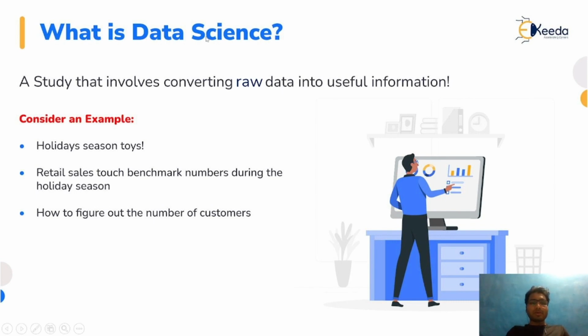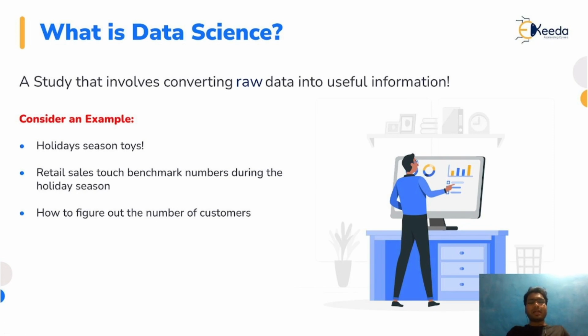Okay. Whenever you say science, a science is basically to understand the functioning of a particular thing. How exactly a thing is functioning, what is going on behind the scenes. Let's just take the example of a machine, or let's say a laptop. We are just using the laptop, but inside the laptop a couple of operations are being performed. If you understand that functioning, that is called science. Similarly, when we say data science, it's all about understanding the data, understanding the behavior of the past, and how you can utilize that data to derive some information. Exactly that is called data science, okay.